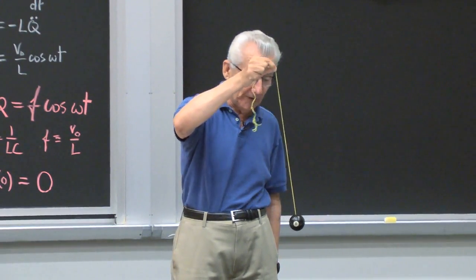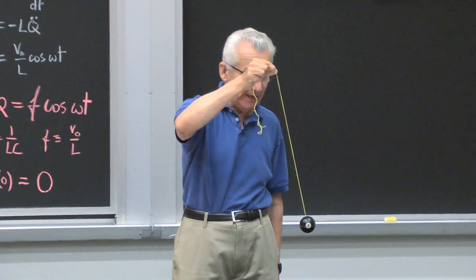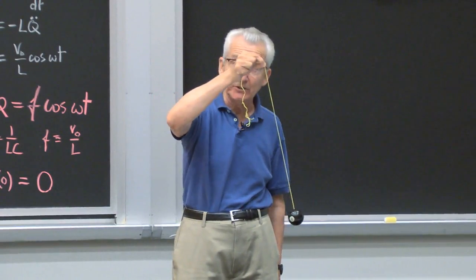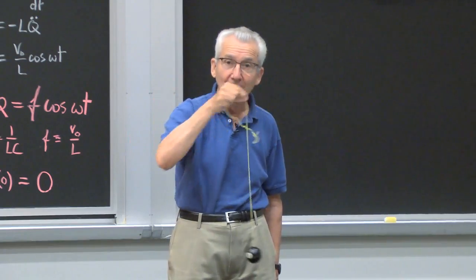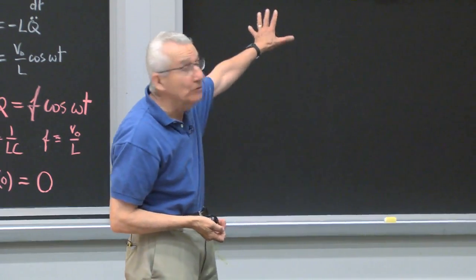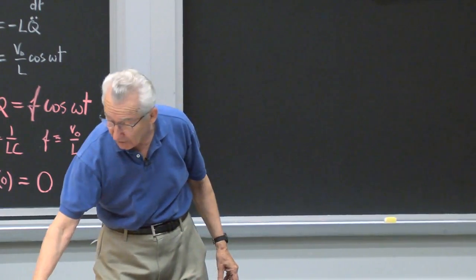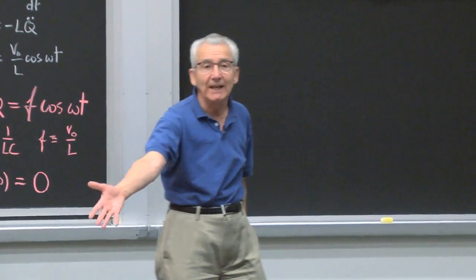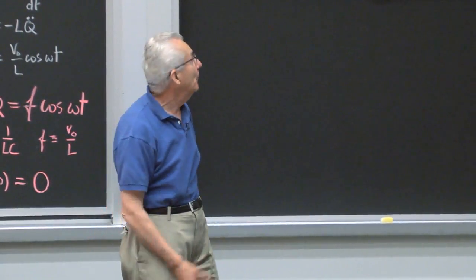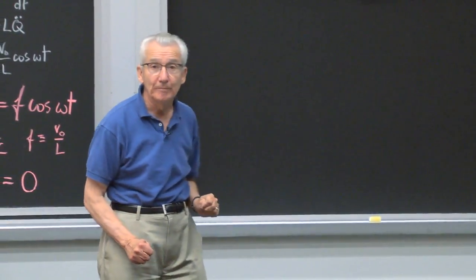As I told you before, if I do this slowly like this, my hand and the ball are going in the same direction. If I go fast, I can make them go in the opposite direction. All that should come out of this. So part of the question is to qualitatively understand this phenomenon. Okay, so that's my problem number 2.